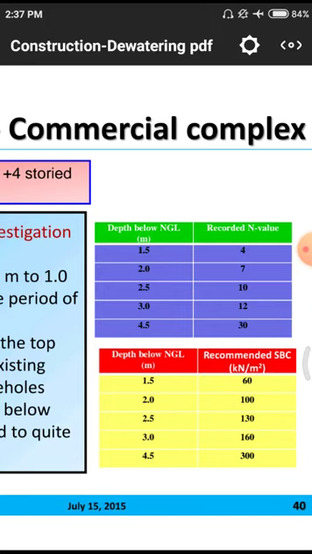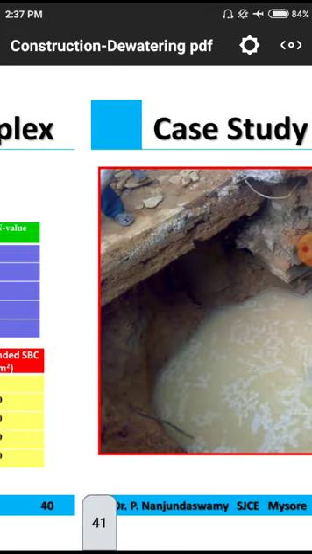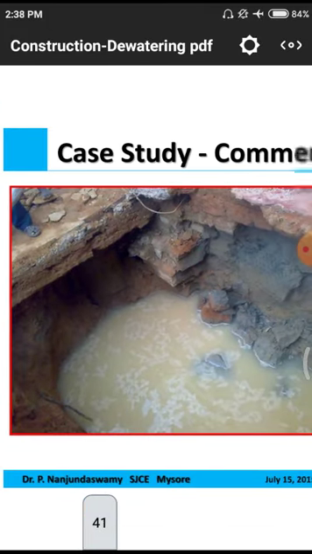So we need to observe what kind of land it was, what the structural parameters are, the soil bearing capacity, and the N value, that means fractional values. After seeing and observing all those conditions we have to go for construction, and it is the case study.